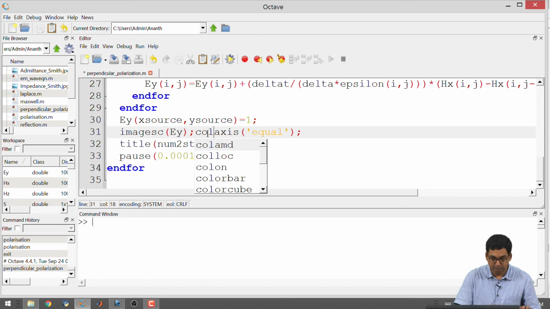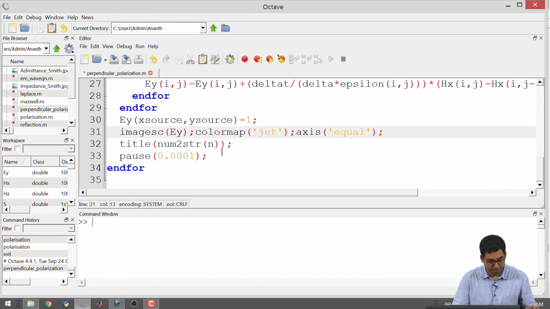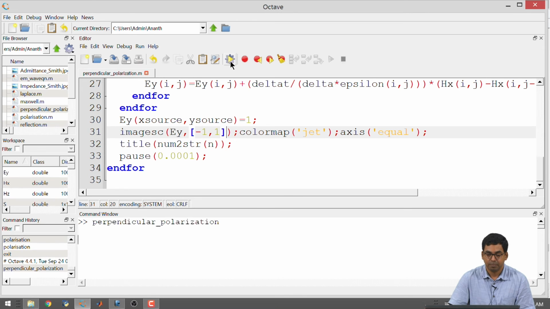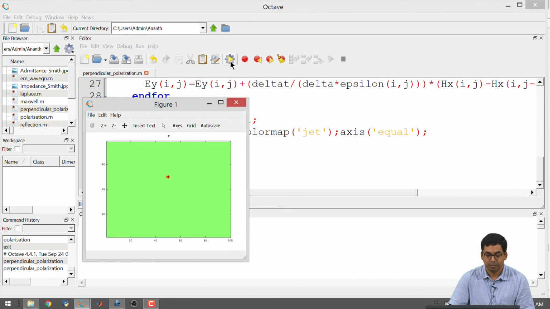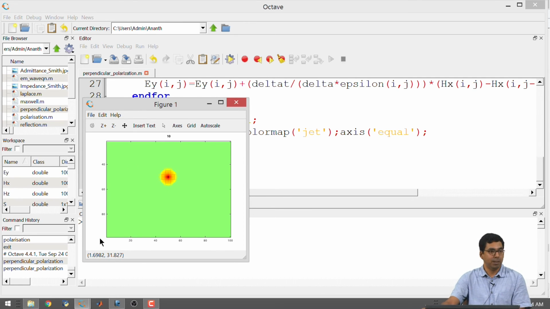Also, I don't like the color it's showing. So, I use jet, and I also want it to be between something and something. So, just modifying the image SC command to go between -1 and +1. Small details, that's it. Even if you don't have these parts, it's fine. Once again, axis is 0 to 100 here, 0 to 100 here. Because of the way the image commands are used, we can always use another command, axis equal, to make it look like a regular graph.